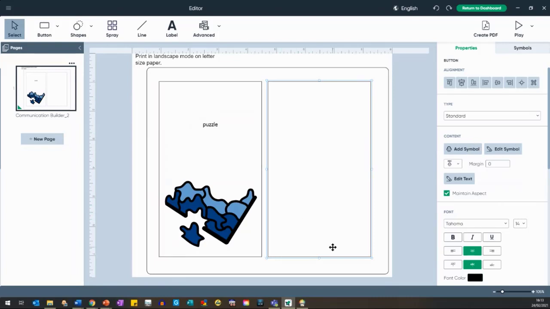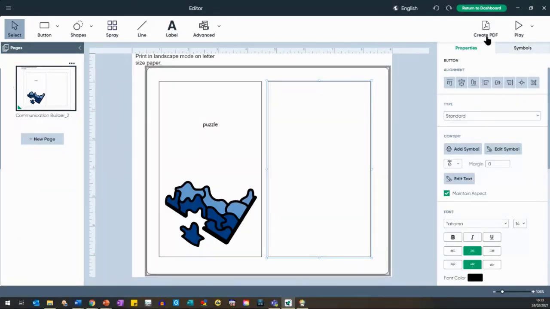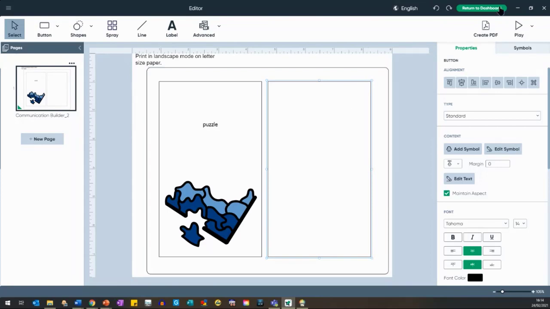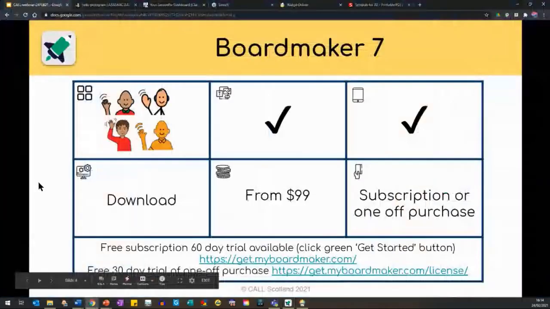That saves as a Boardmaker file, and then to share it and print it and use it elsewhere, everything now saves as a PDF, and you can print that as a PDF. Okay, so Boardmaker, that's probably the most familiar one to you, but what else? What are the other options? Well,